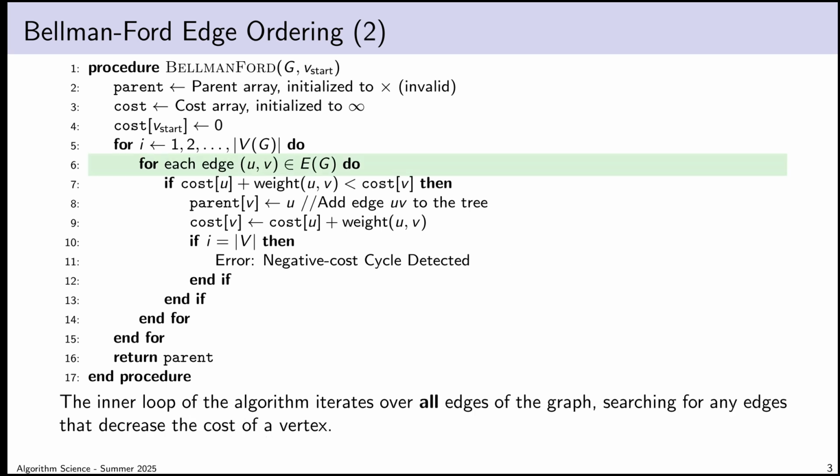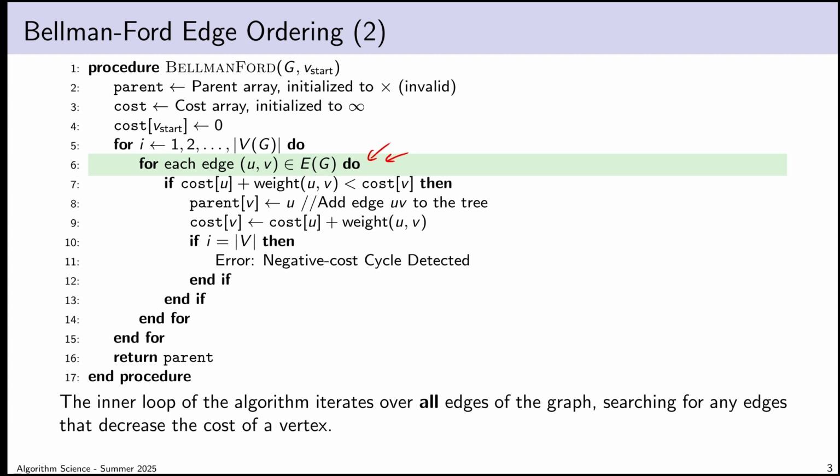So in particular, this inner loop here. Remember that the Bellman-Ford algorithm runs for some number of iterations of the outer loop, and we determined in the proof of correctness last time that size of V iterations is sufficient, but maybe fewer could be sufficient in some cases. We run this outer loop for that number of iterations, and in each iteration we relax all of the edges of the graph. That is the sort of core mechanic of the Bellman-Ford algorithm.